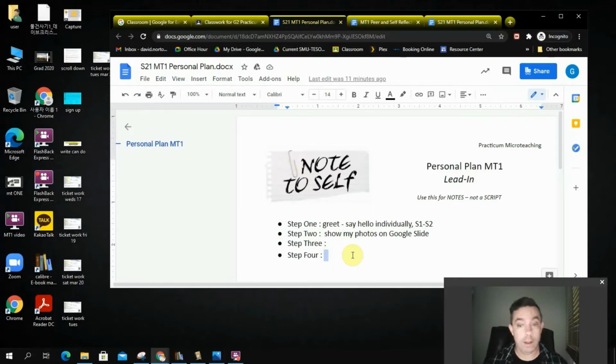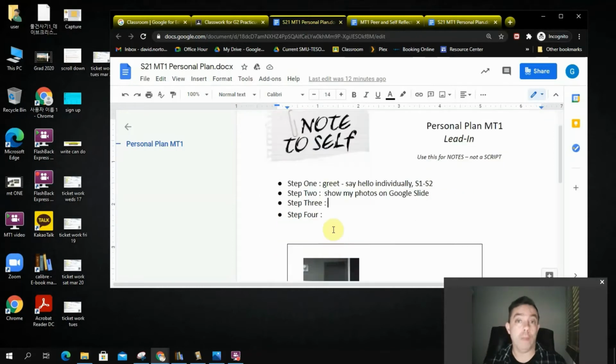So you might get feedback that's like, remember, we're activating schema, we're not teaching grammar, we're not doing some kind of advanced activity here, we're just getting them talking. So you might get feedback like that. Or you might get feedback like, hey, I think you're on the right track, and I can't wait to see your micro-teaching in person or online. So what I've written here is like, I have a greeting first, and then I'm going to show my photos